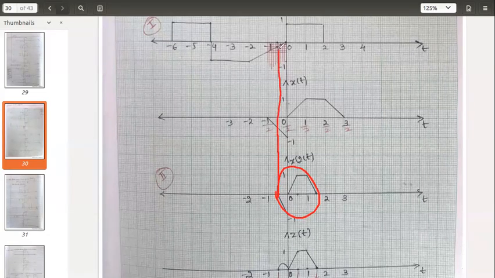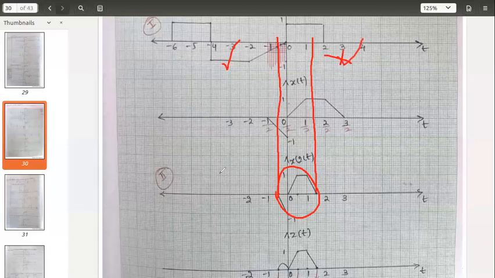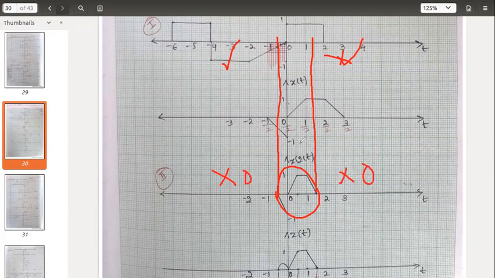If I extend this, observe here between, and this is the end point. Only between these two we need to concentrate because the common signal is only between these two. Here we don't have anything. Even though the first signal exists, the second signal we don't have. So this is assumed to be 0 amplitude. So 0 multiplied by anything, 0 only. So your final answer will be between minus 0.5 to 1.5 only.